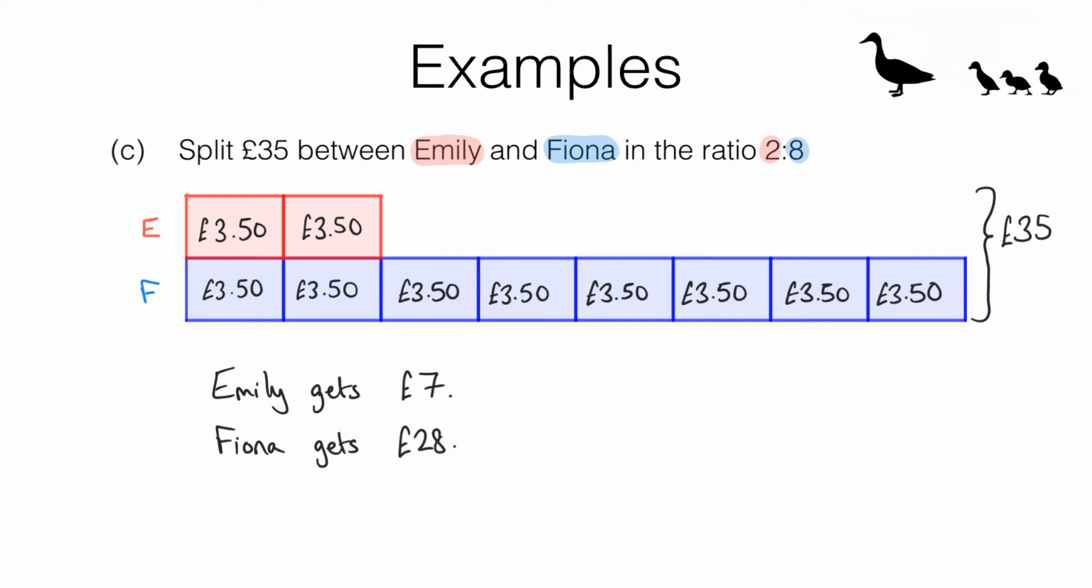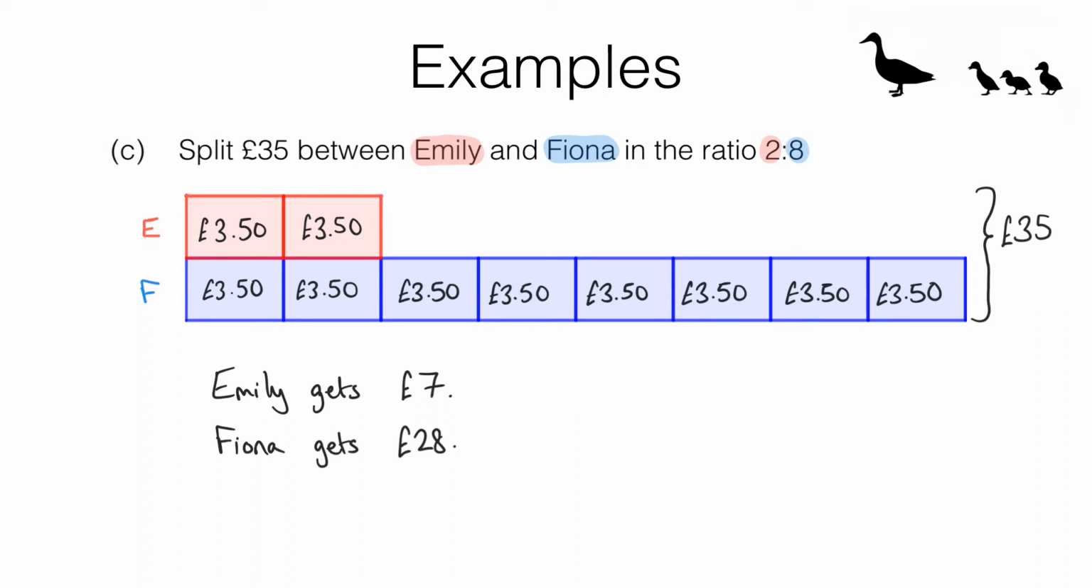You should have found that Emily gets £7, that's 2 boxes of £3.50, and that Fiona gets £28, that's £7 across those 2 boxes, another 7, another 7, and another 7. So that's 28 altogether. Now, there was actually a better way of doing this question, because